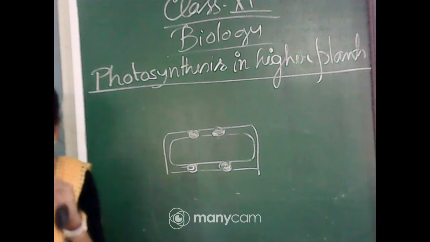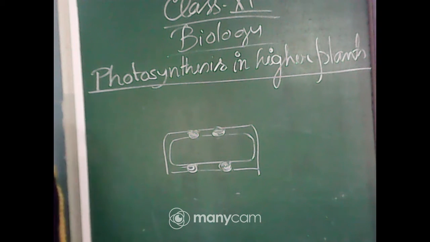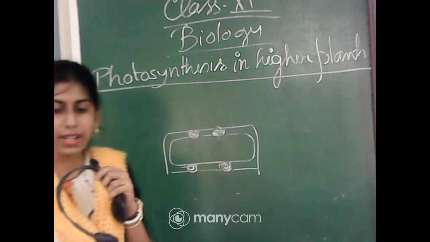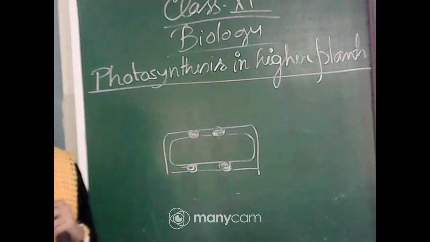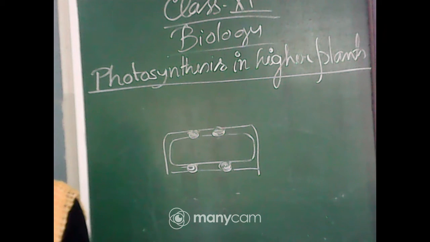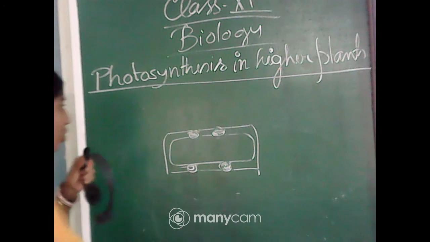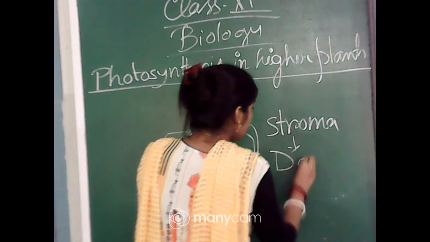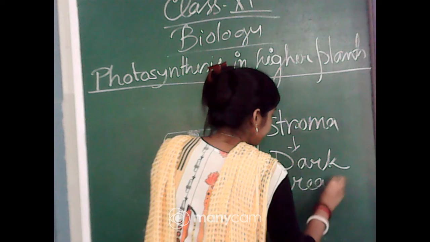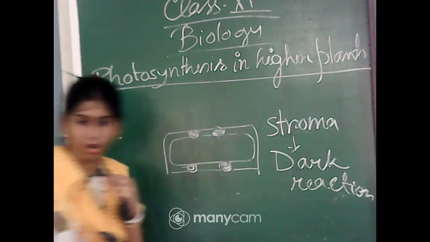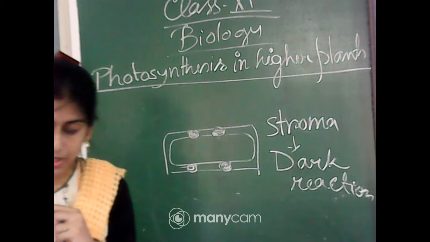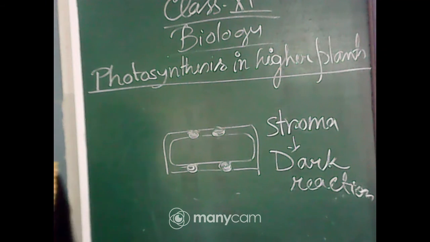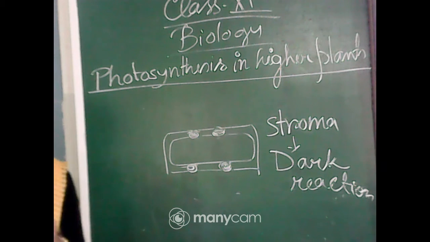Okay, so photosynthesis is having mainly two reactions. One is light reaction, another one is dark reaction. As the enzymes which are required for the dark reactions are present inside the stroma, what will be the position of the dark reaction? So inside the stroma, dark reaction will occur, and the first phase of photosynthesis is light reaction. So where will light reaction occur? Inside the thylakoid.